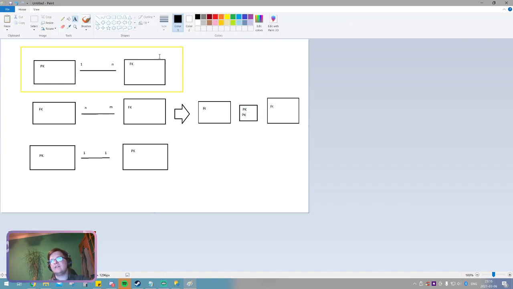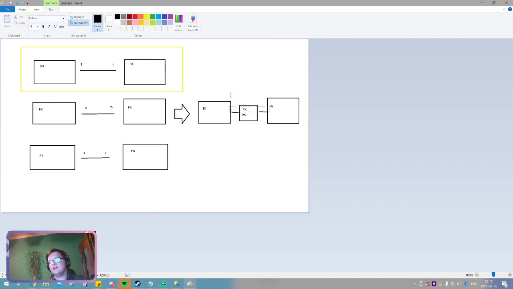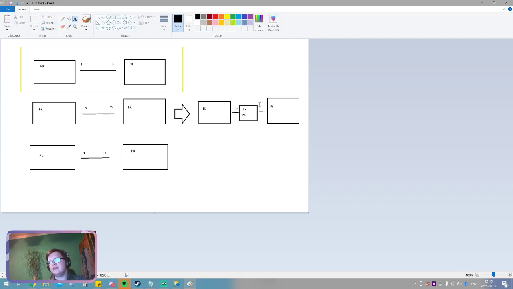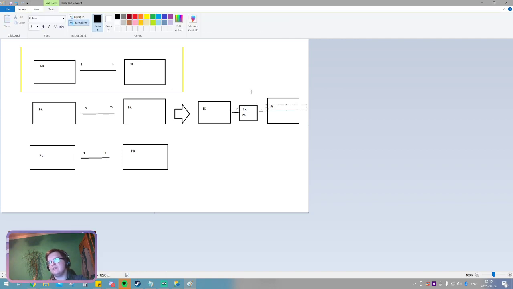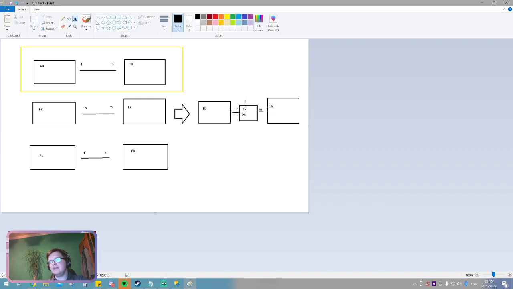So then from both sides, you will still have one-to-many relationships. One-to-many. And here also one-to-many. And here in the last part,